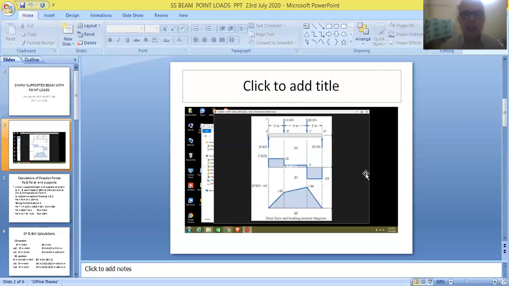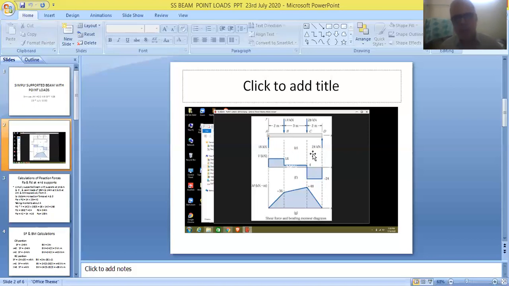Now, one more thing is, it is always better to start from the right side of the beam and proceed towards the left end of the beam. So friends, we have to prepare SF and BM equations for the portion CD, and then we have to prepare SF and BM equations for the portion BC, and finally we have to come to this region and prepare SF and BM equations for the portion AB.